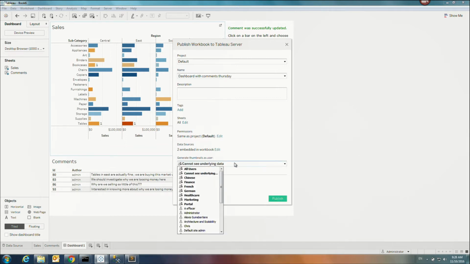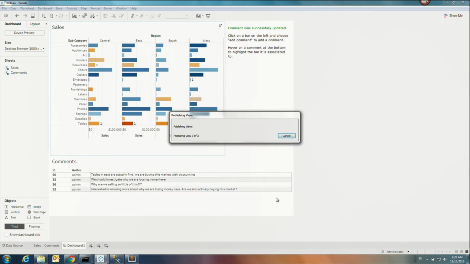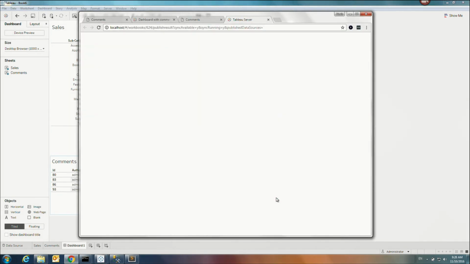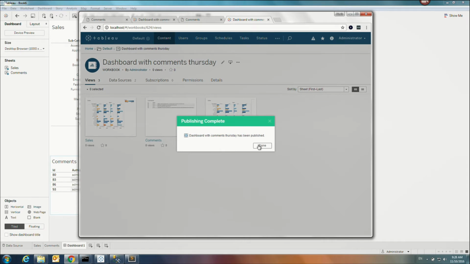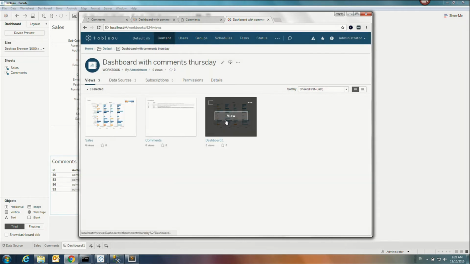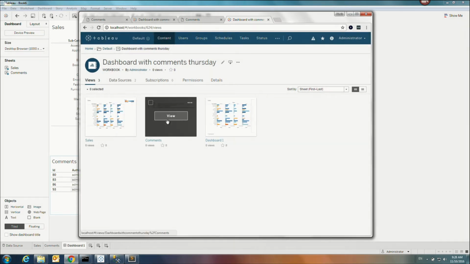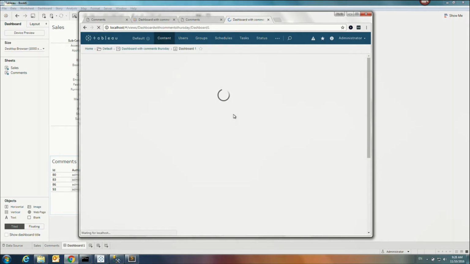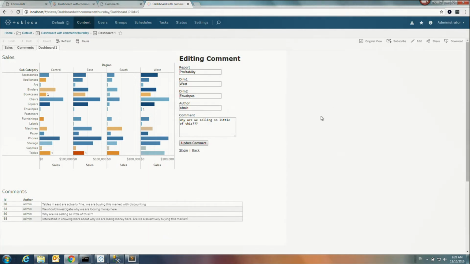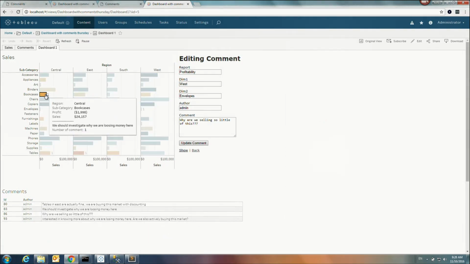And we'll make it available to my Tableau Server users. And let's try and use it. Very good. OK, so it's already available on Tableau Server. I have a working